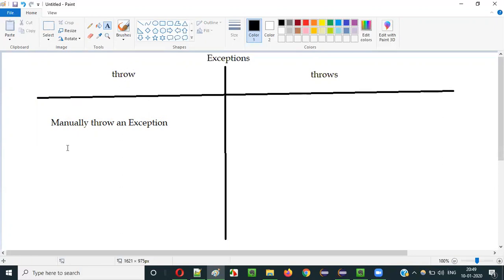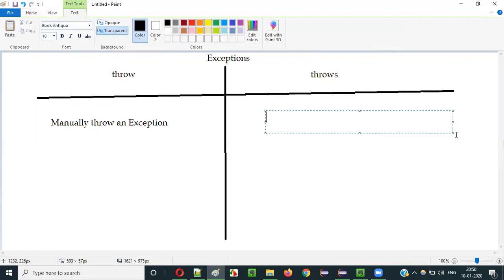Using this throw keyword, we can manually throw an exception. Whatever exception we want to throw, we can throw manually based on some condition. But coming to the throws keyword, the purpose of this throws keyword is to ignore the